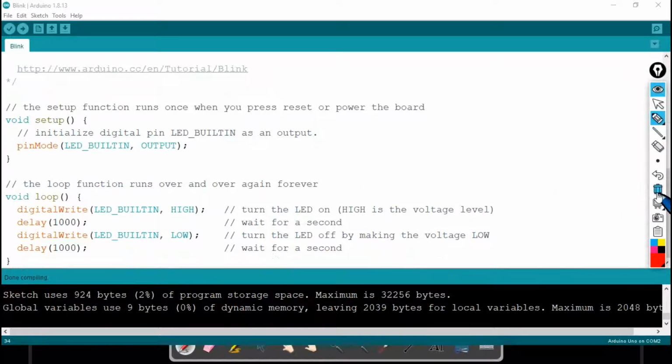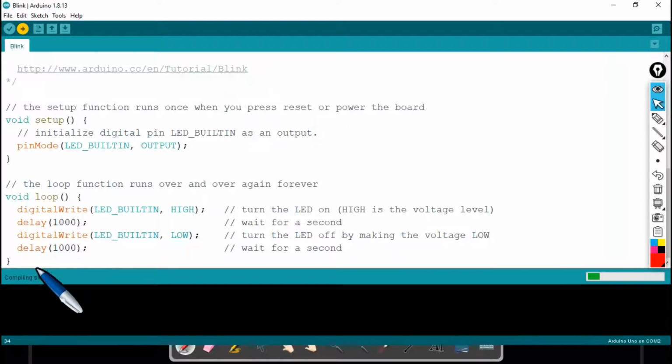In order to download this program, there is one more button very next to the compile button, very next to this verify. We have one more arrow mark that says upload. Upload here is nothing but the download process, it's referring to the downloading process. All I got to do is hit on this upload. And down here again, the entire program will compile again, followed by upload.